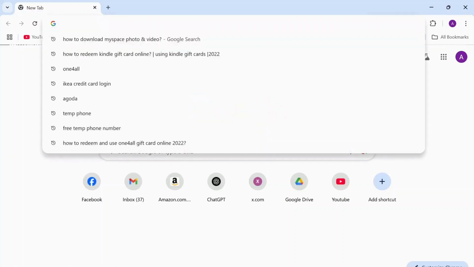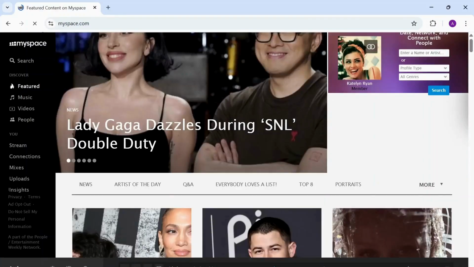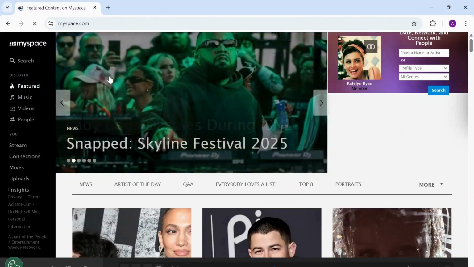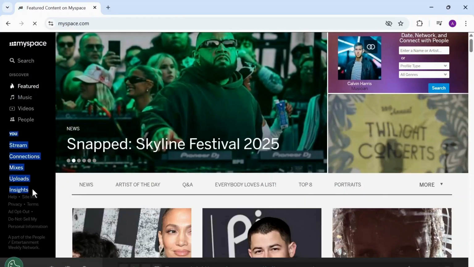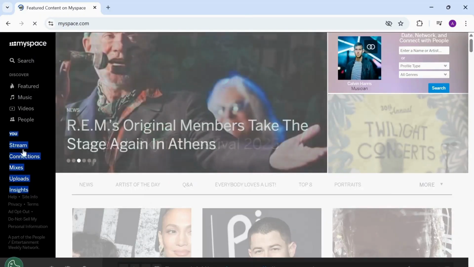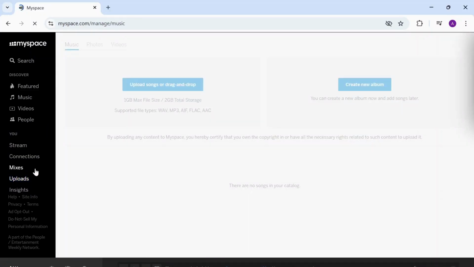The first step is to open up your web browser and search for Myspace. Make sure that you're logged in to your account first. After you're logged in to your account, you will see a U section on the left hand side. Under the U section, you will see your uploads as well. So head over to uploads, and after you're on uploads, you can see all of your uploads, including your pictures,